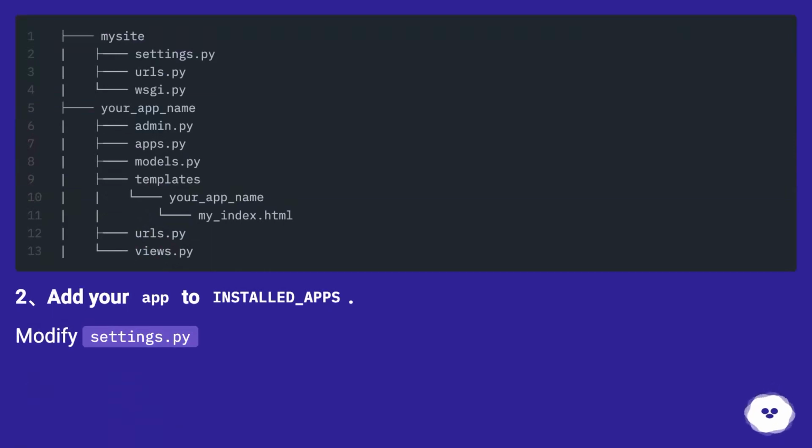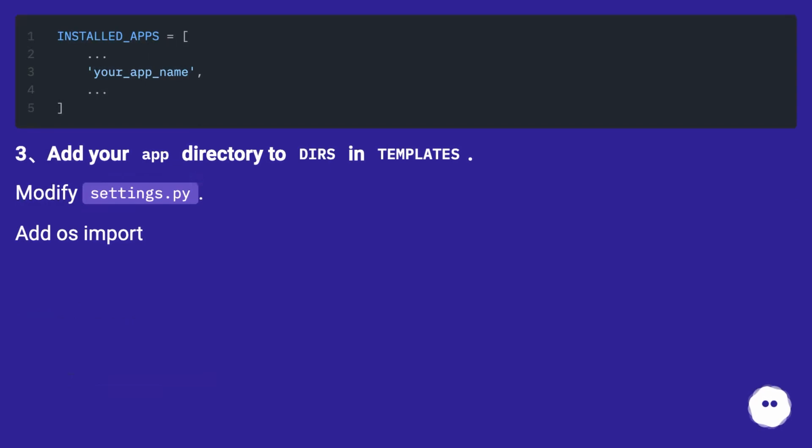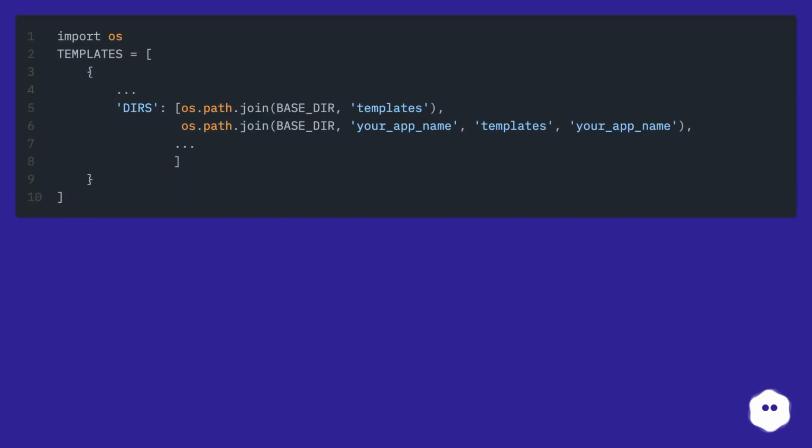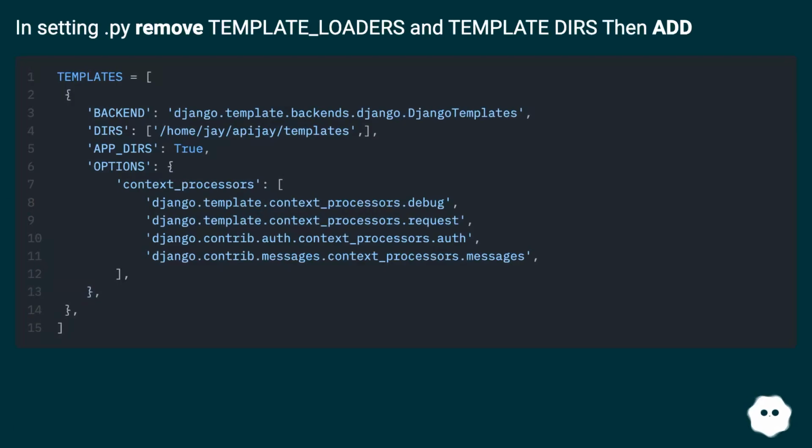Two, add your app to INSTALLED_APPS. Modify settings.py. Three, add your app directory to TEMPLATE_DIRS in templates. Modify settings.py. Add the os import. In settings.py, remove TEMPLATE_LOADERS and TEMPLATE_DIRS, then add